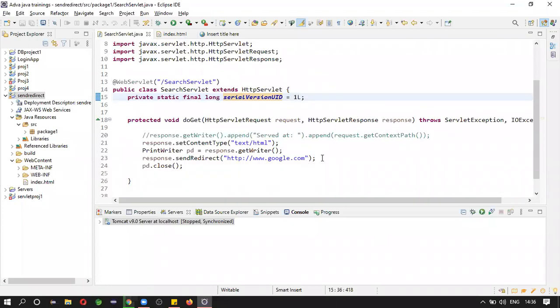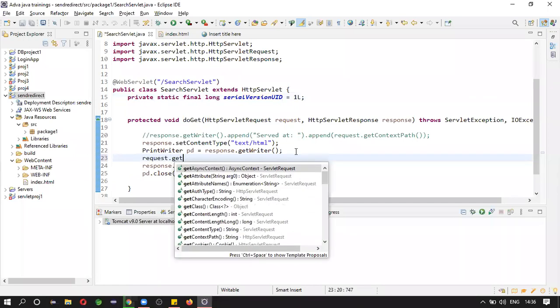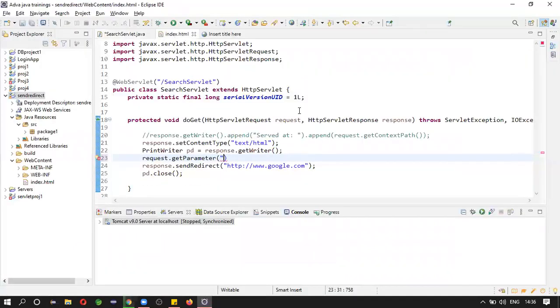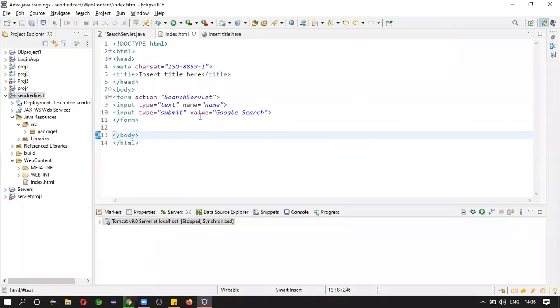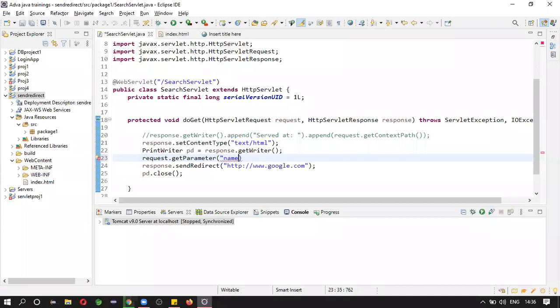Open this and now read the data. How can we read the data? By using request dot getParameter, by what? By name. So that you will get the data.